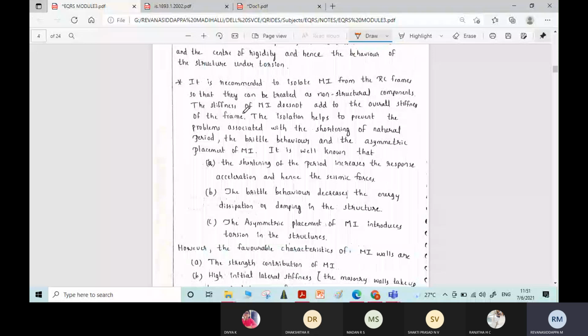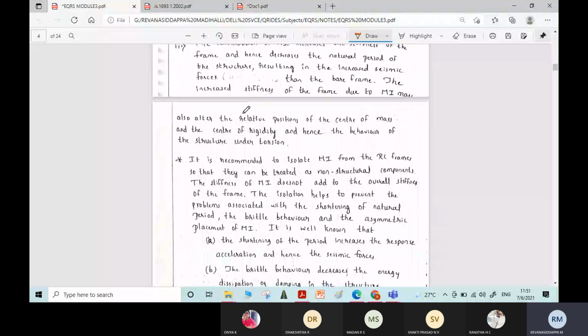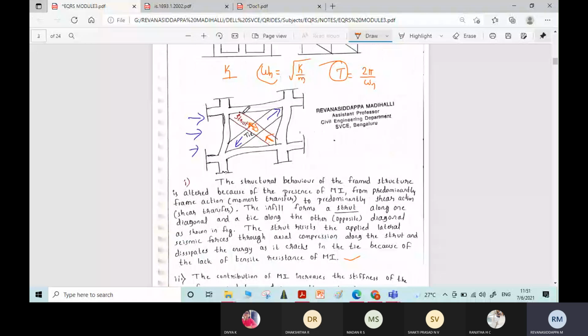And one more disadvantage with respect to this masonry infill is, when you provide the masonry infill to a regular structure, there is no problem. Whatever we have considered, a single room, a regular structure, has no problem with respect to the eccentricity. If the plan of the building is irregular in nature, and you go with masonry infills, there is much difference in eccentricity.